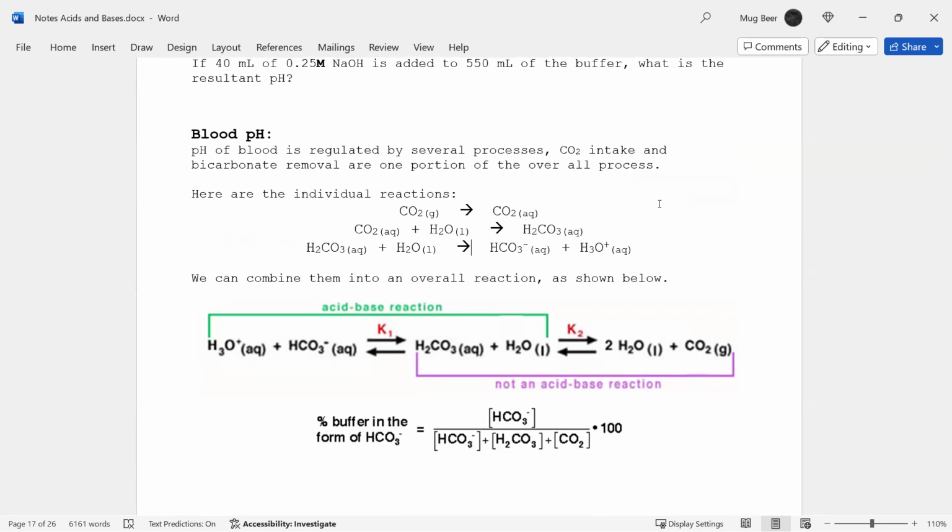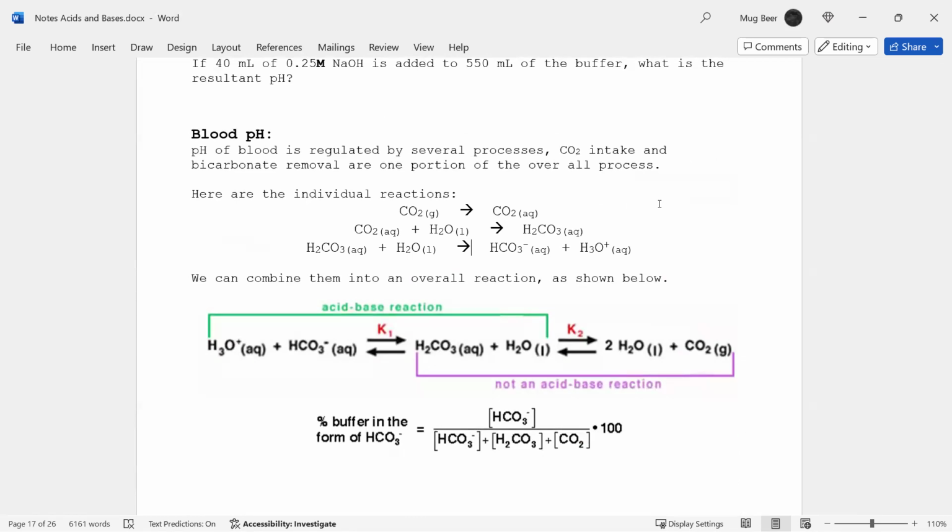All right, so here we have the individual chemical reactions that happen, and the first one's actually not a chemical reaction, just a dissolve. Carbon dioxide as a gas gets dissolved into water. So you create carbon dioxide in your cells. This carbon dioxide becomes aqueous. Aqueous carbon dioxide chemically reacts with water to turn into carbonic acid. So what we have is an equation where carbonic acid reacts with water and turns into hydrogen carbonate and hydronium